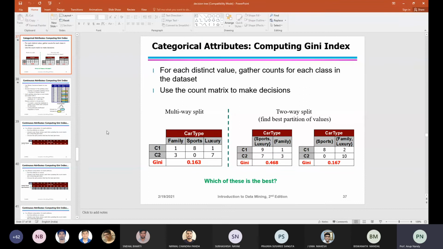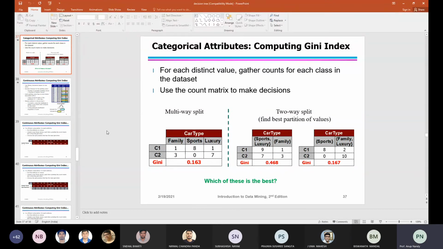Obviously, you can use the Gini index. Gini index is the best impurity measure that people are using, and it depends on the problem statement that you're having. Sometimes entropy is better than Gini index. But the best split obviously you have to choose.